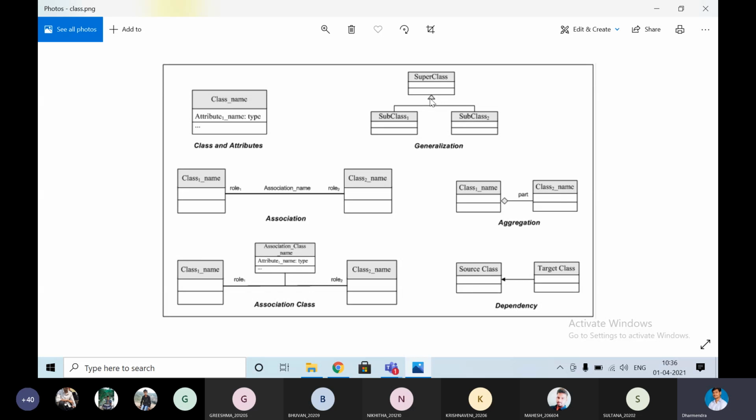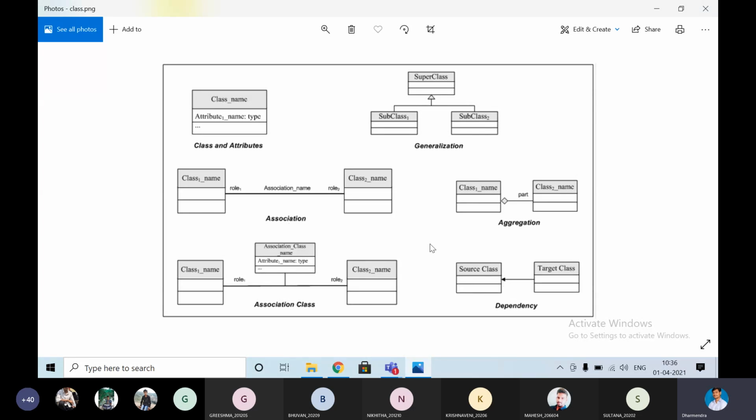Already I told you this arrow represents these two are the children. If you have only a single child, we can have the arrow like this. A single arrow we will keep, no problem. Here also we are representing it is the part of this one, so the symbol must be here. Observe here. And here it is depending on this one. That's what we are representing.